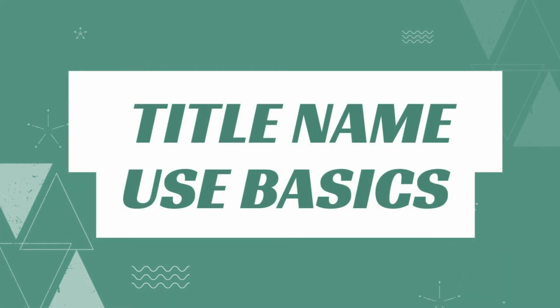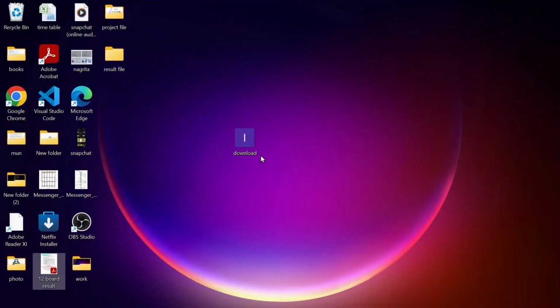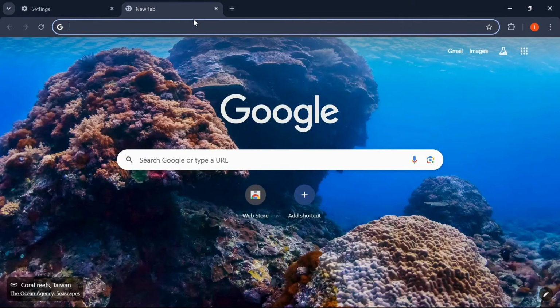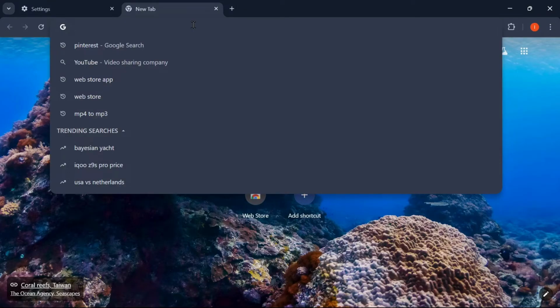Today we are going to learn how to download Google Chrome extensions. Open your Google Chrome, then search for Web Store. On your Chrome address bar, click on the first link. Then after you can browse extension by category or search for a specific extension using the search bar in the